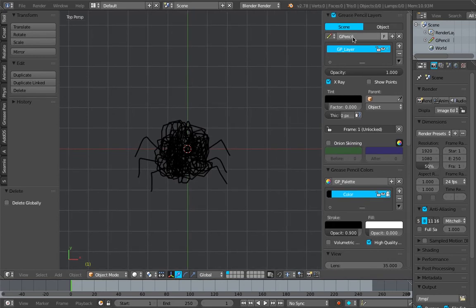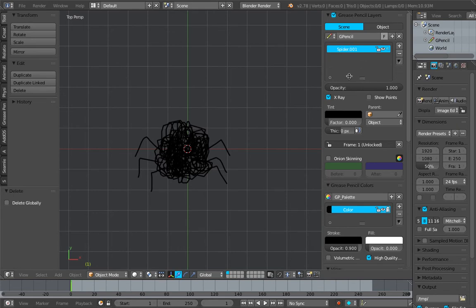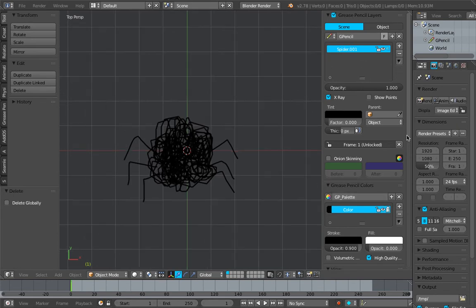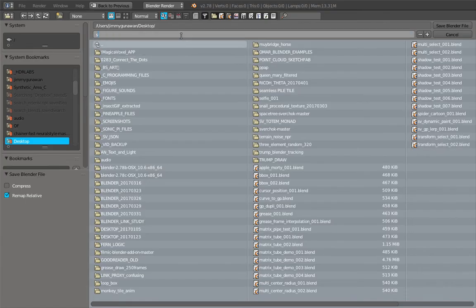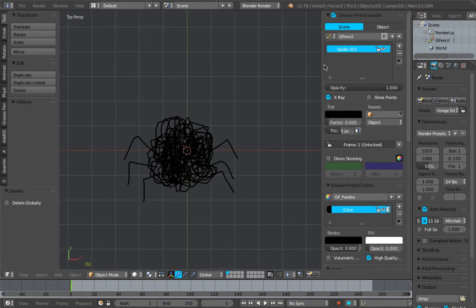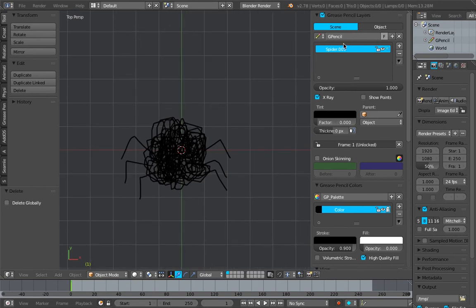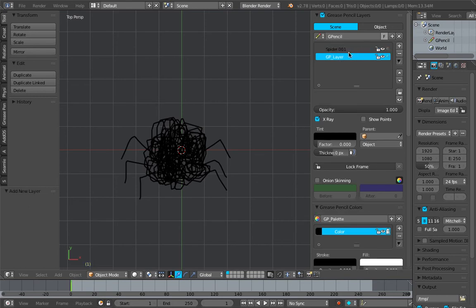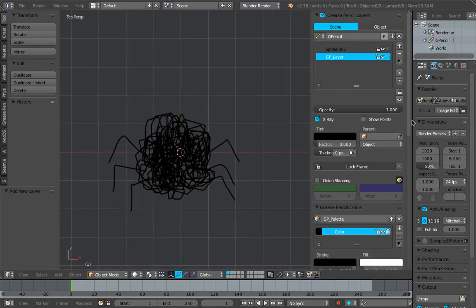But there you go. That's a grease pencil data connected to the scene object. One day maybe we should connect it to an object, but for now it's just the scene data. And we can call this our spider 001. And we know that grease pencil can have layers. I'm gonna save this real quick. SV spider cute spider 001. We're gonna try to do the layering here, but later on I will duplicate the layers. For now I can just create another layer, and perhaps draw the eyes,